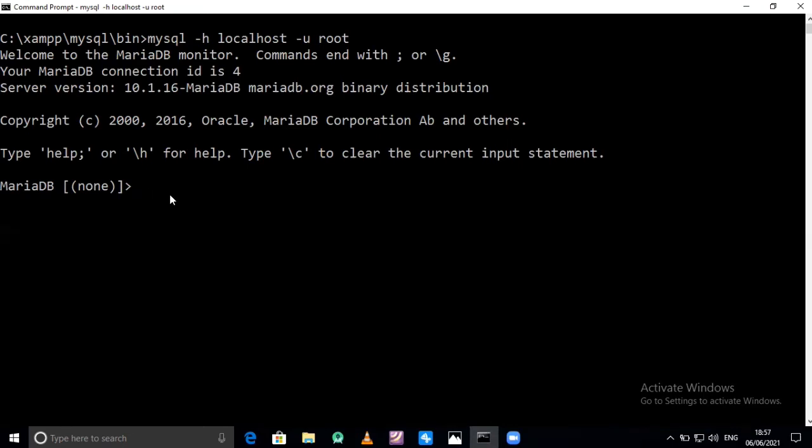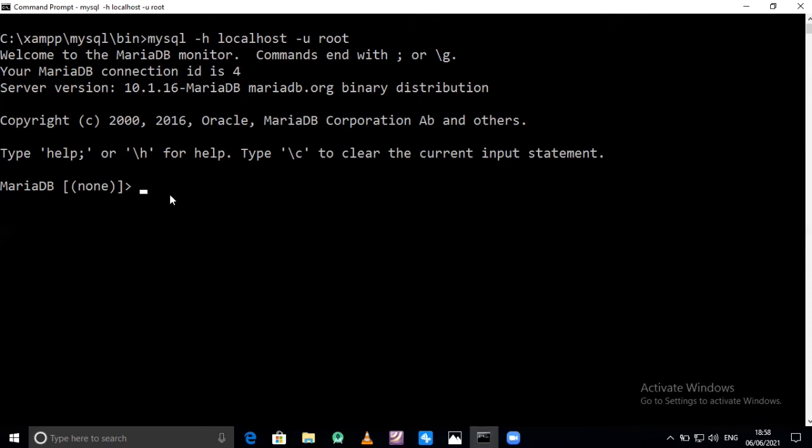With the help of DDL and DML commands, we performed different operations on the student table. How to create the student table and how to apply the different DDL and DML commands, the video link is given in the description box. Please check it. Now we are working on the already available student table.